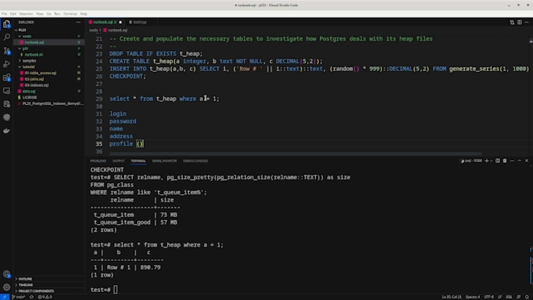So if I need to do a login, and I do a select star, that toast data will always be read into memory. If it's a large data, it's going to be a lot slower than if I do a proper select of login and password. If I need a name, login, password, and name.